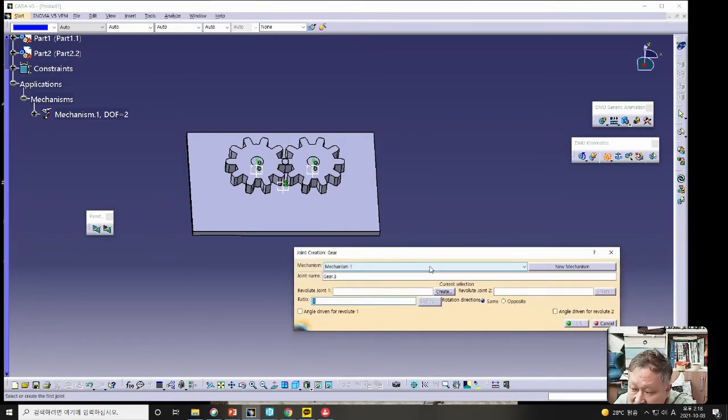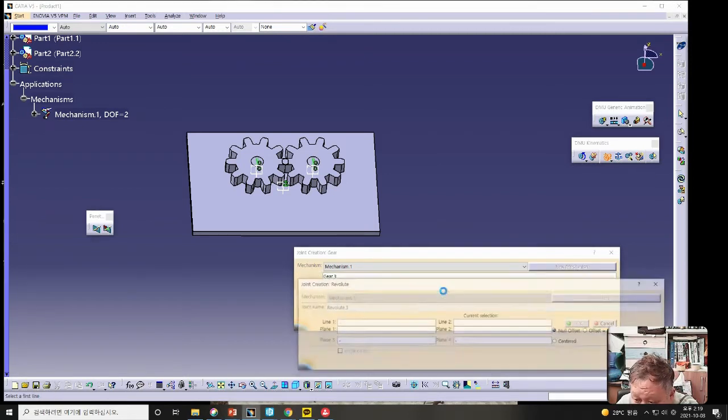Then many windows can appear like this, and this is the additionally created menu. And create revolution joint. This is a revolution joint create,